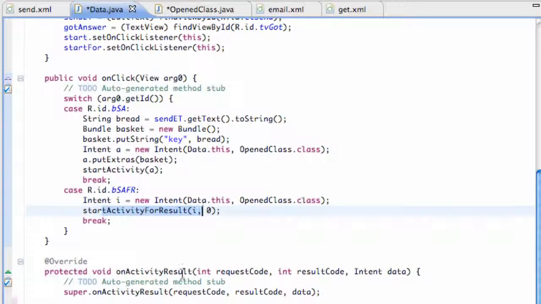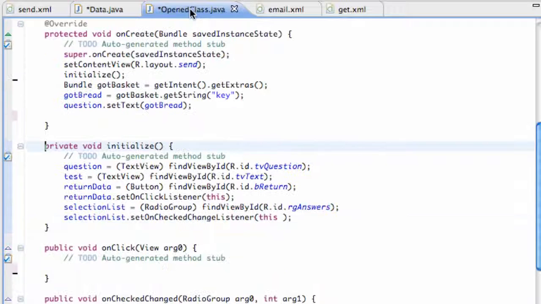Again with me, Travis. What we're going to do in this tutorial is basically set up this start activity for result button. If they click that, it's going to give us some input from the next class for the most part. So what we're going to do is go into this open class and set up this onClick method, because this is for a return button. When a return button is pressed, we're going to send the data back and then close